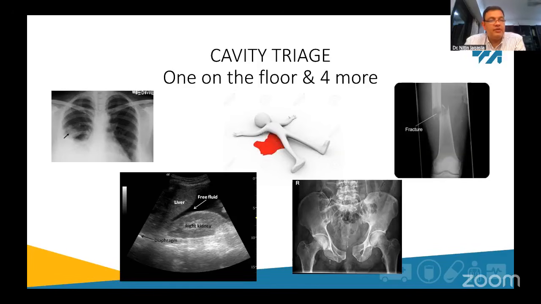But by and large, keeping this kind of picture in mind, when you've got a hypovolemic shocked trauma patient, these are your areas. The common place where you may sometimes get confused is the cranial cavity. Remember, the cranial cavity cannot take so much blood. It's a fixed rigid box, except in children. In children, you can lose a lot of blood from the scalp itself, and because of the fontanelles, they may be able to take a lot of blood there.